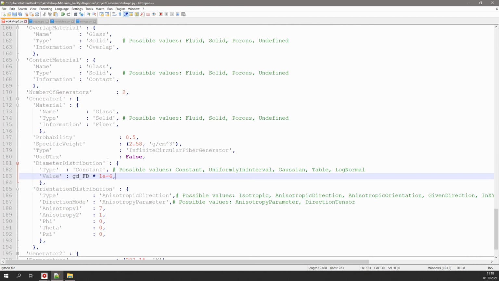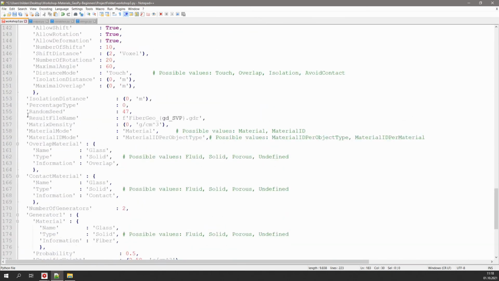Of course, now we directly change our result file name. So look for the key result file name again. And here add underscore, curly brackets, GD_FD, to make the second variable also a part of the result file name. Click Save